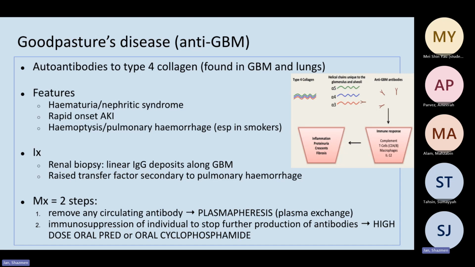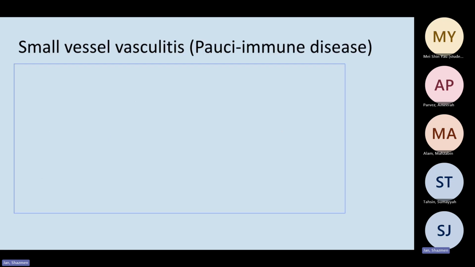And you can do this by giving them high-dose oral prednisolone or oral cyclophosphamide. Okay, moving on to small vessel vasculitis. So all of these conditions are quite rare, but I'm going to go through them because they are causes of nephritic syndrome. So firstly, you have vasculitis which is characterized by P-ANCA,